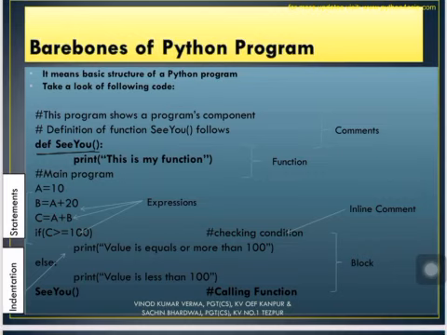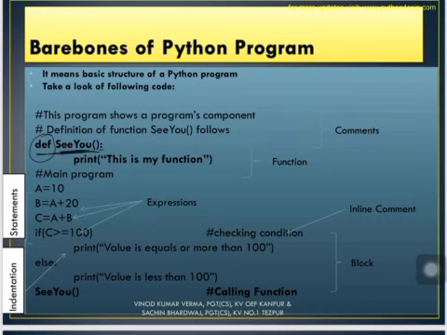So see the first thing, that is def. def is the keyword to define the function. Then we write down the name of the function which you want to create. You can have any name, but while naming a function, you should remember all the naming conventions that are followed while naming a variable. The same concepts, the same conventions are followed here as well. Then, as I told you earlier, every function is followed by round brackets. So anything which is followed by a round bracket means it is a function. Then we put a colon.